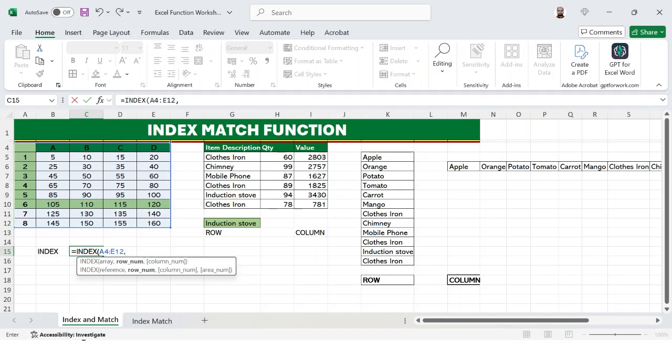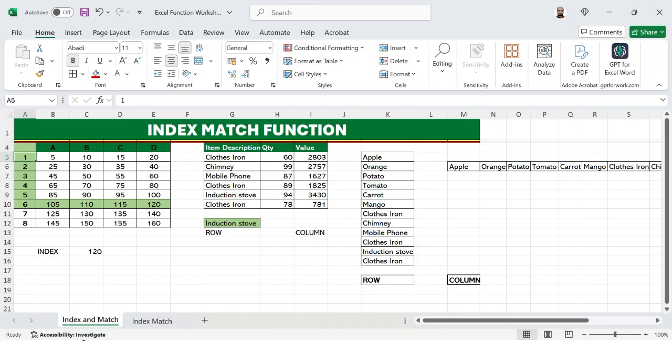Now it's asking for the row number, which this time would be 7, and the column number would be 5. The row number is 7: 1, 2, 3, 4, 5, 6 and 7, and the column number is 5: 1, 2, 3, 4, 5. So the result is 120. This is how you can use the INDEX function.